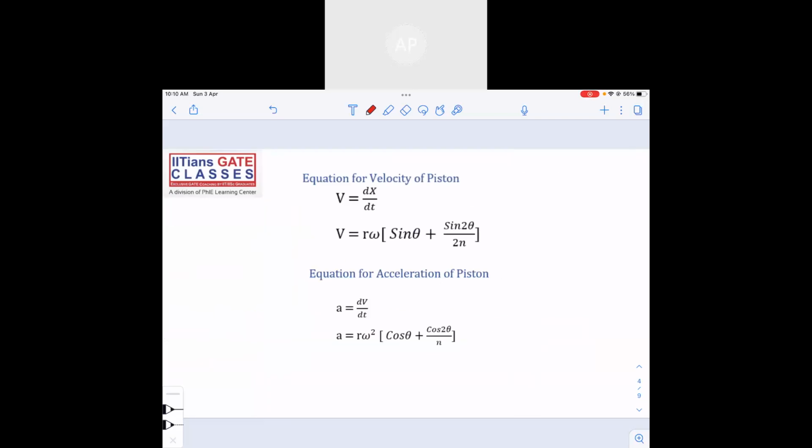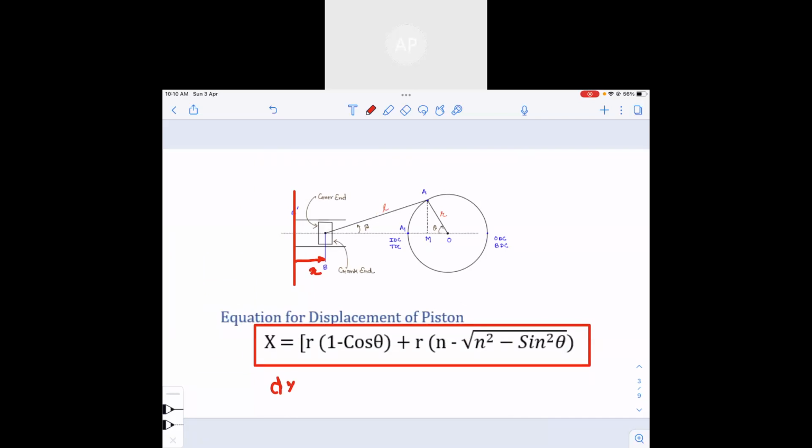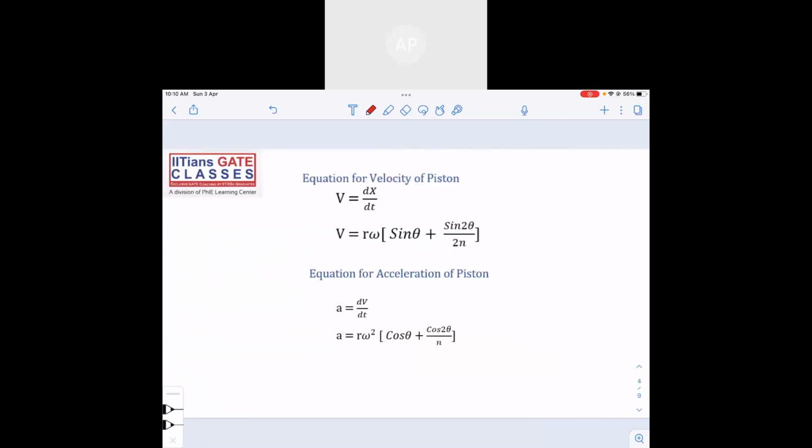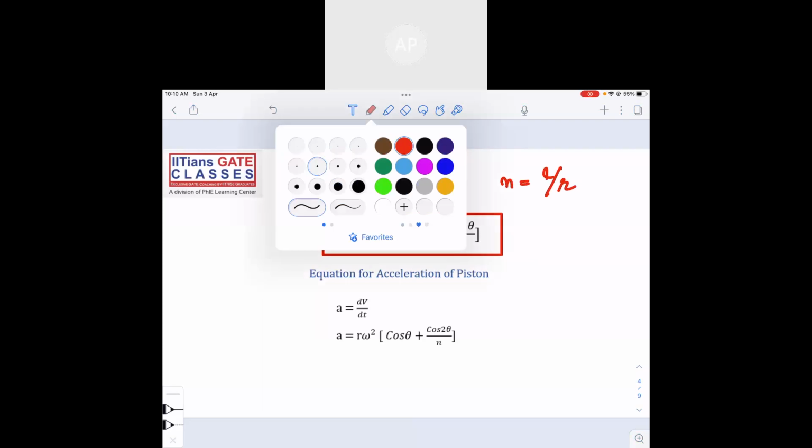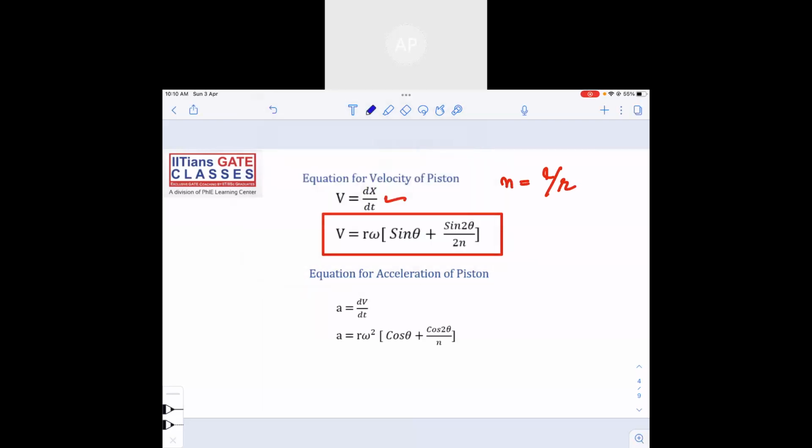So if you differentiate x, dx with respect to time, dx by dt, what are you going to get? You will get the velocity. So velocity is r omega sine theta plus sine 2 theta by n. What is n here? We have already seen n is nothing else but obliquity ratio, that is l by r. Now, if you differentiate this velocity equation,